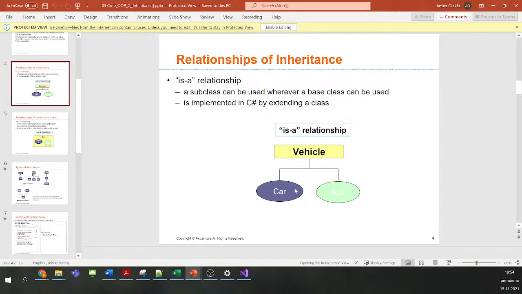So the only relation is-a goes up. It always goes up the hierarchy. That's why it's called is-a. Car is a vehicle, bus is also a vehicle, but not in the opposite or horizontal direction.